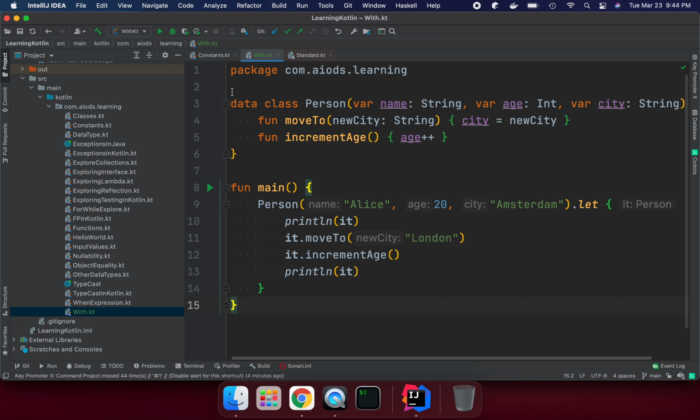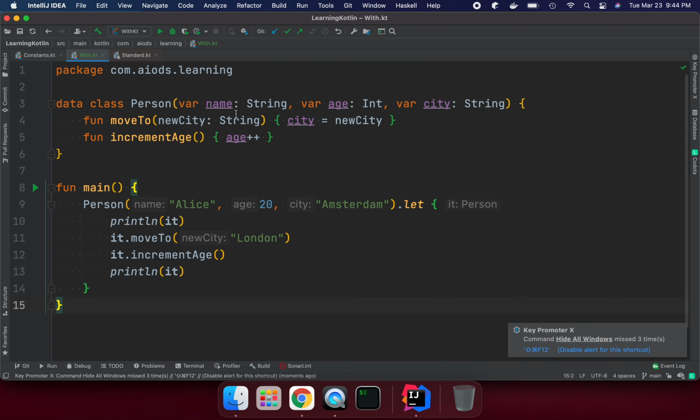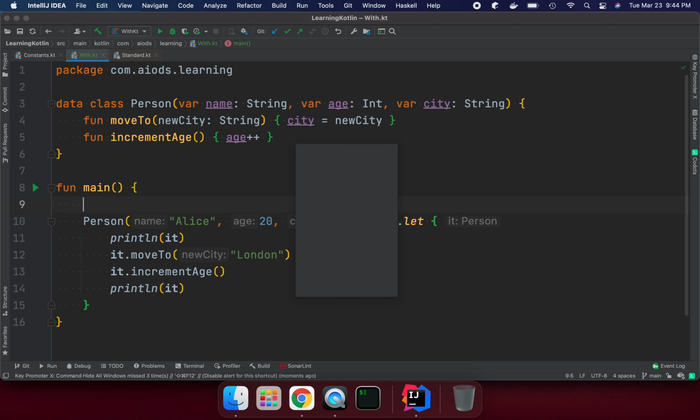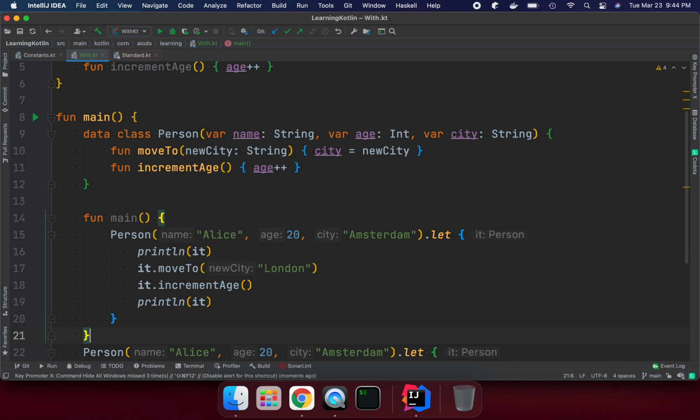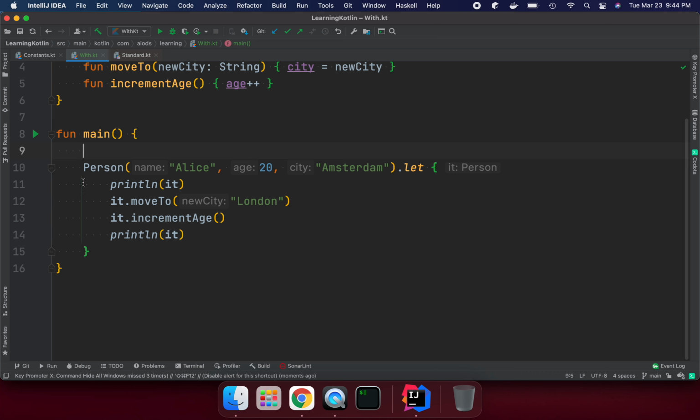Now we are looking at the same thing. We are creating the data class, and suppose here we create a Person class object.